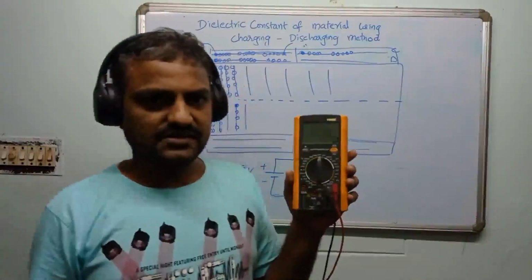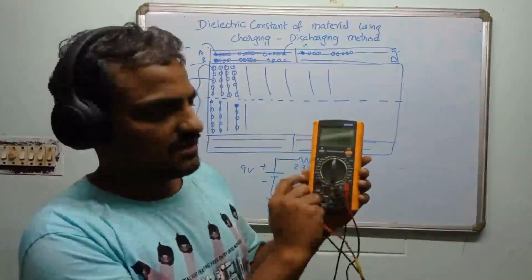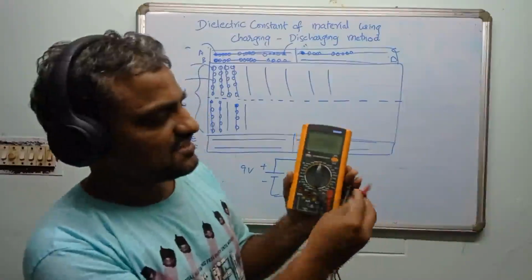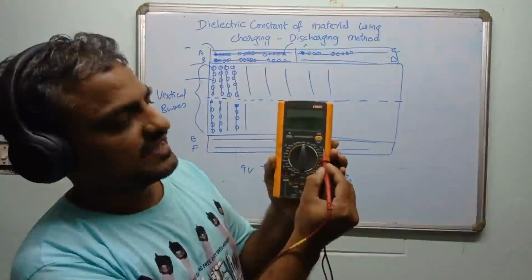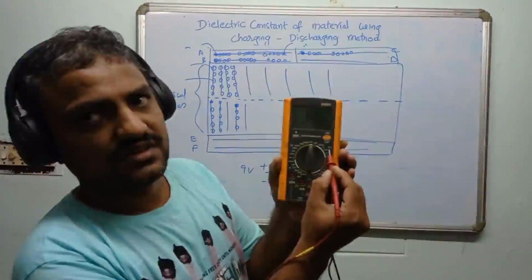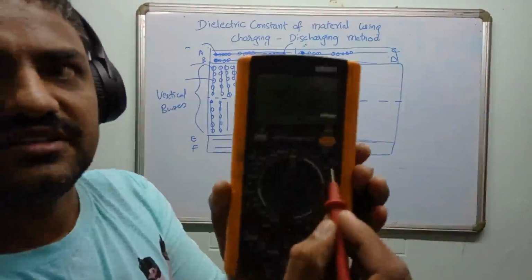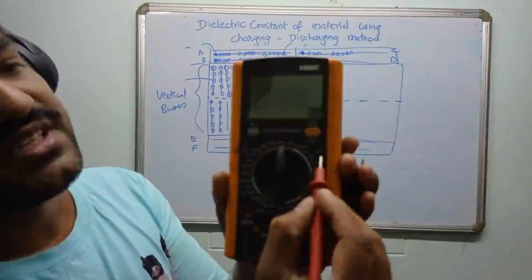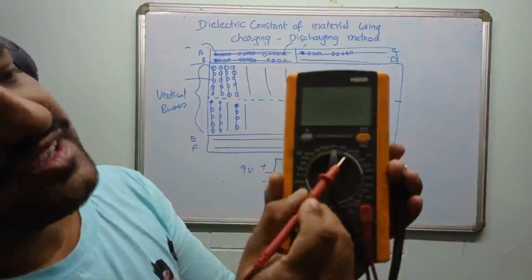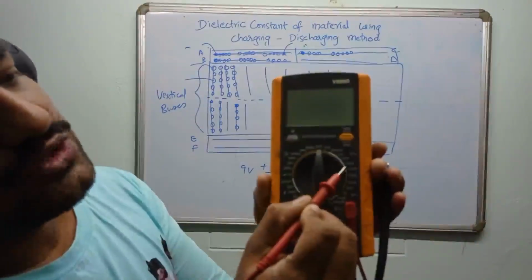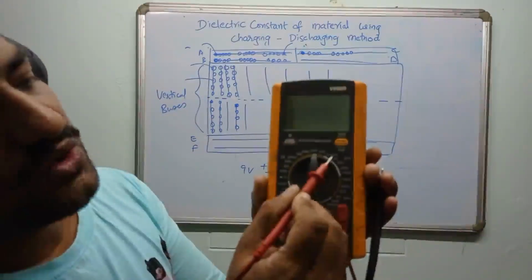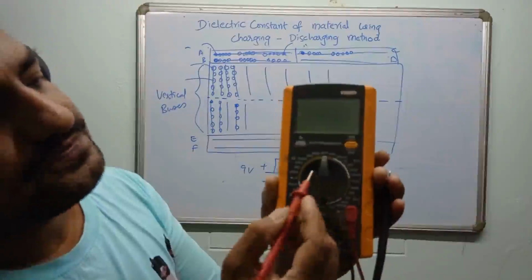So in this device, I can tell you what the various things are. So you can clearly see here there is a V with dashes. This actually represents the DC voltage. So with the help of this particular device, you can actually measure the DC voltage in various ranges. This is 200 millivolt, 2 volt, 20 volt, and 200 volts, even 1000 volts. You can go up to this particular range.